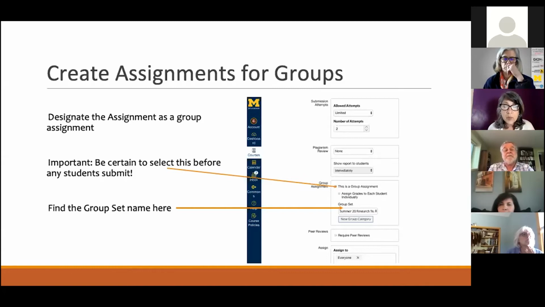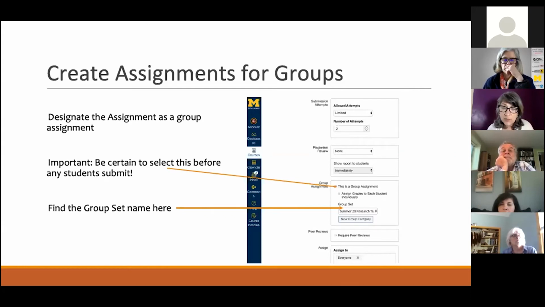And I don't know why Canvas does this, but the Canvas faculty guide online also indicates that once a student has submitted something to this assignment, if you've picked the wrong group set or, in my case, forgotten to pick the correct one, then you have to grade everybody individually. There's no group differentiation. So once a student has gone in and submitted something, you can't fix this.